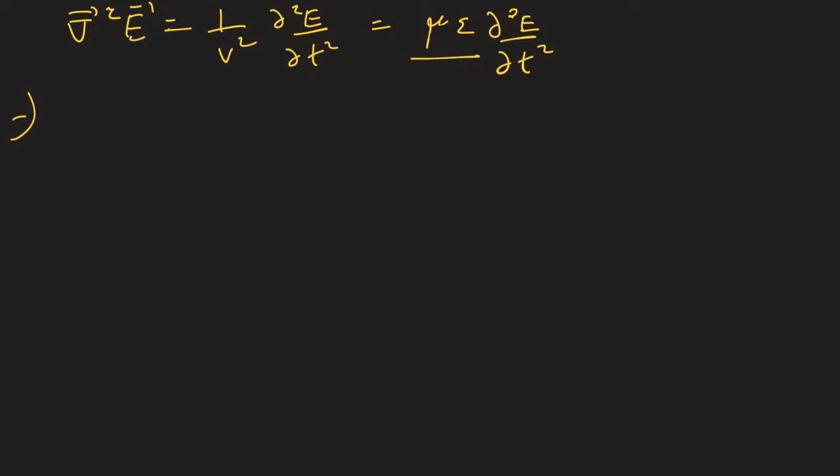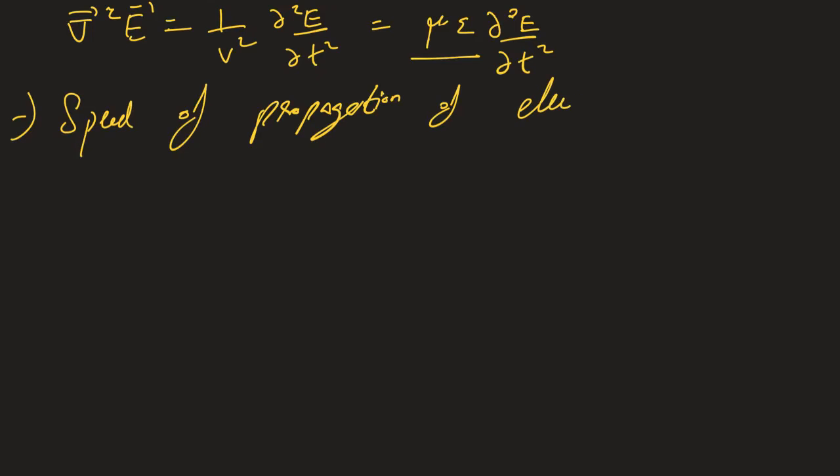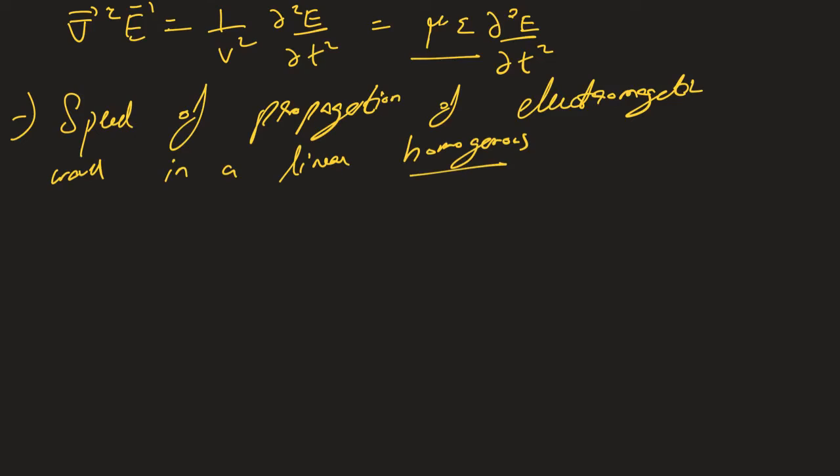So extrapolated from that, you can see that when we solve them and we get our solutions, then our solutions would be such that the speed of propagation of electromagnetic waves in a linear homogeneous medium, when I say homogeneous, I just mean isotropic, that in every direction the permittivity or permeability is the same, is, so V will become equal to 1 over the square root of epsilon mu, okay, which should be equal to